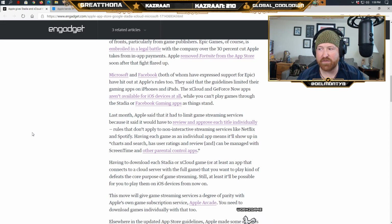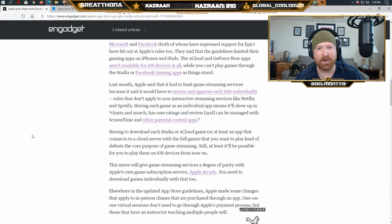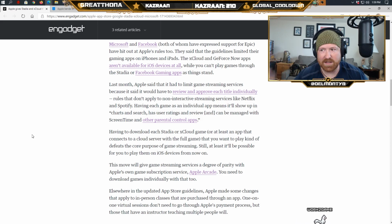The Xcloud and GeForce Now apps aren't available on iOS at all, and while you can't play games through Stadia, you can actually still manage your Stadia account on iOS. So that's always been a real weird thing. That's where it's like, if I'm going to play a Stadia app, I play it on my Android, rather than my phone itself. Anyway,